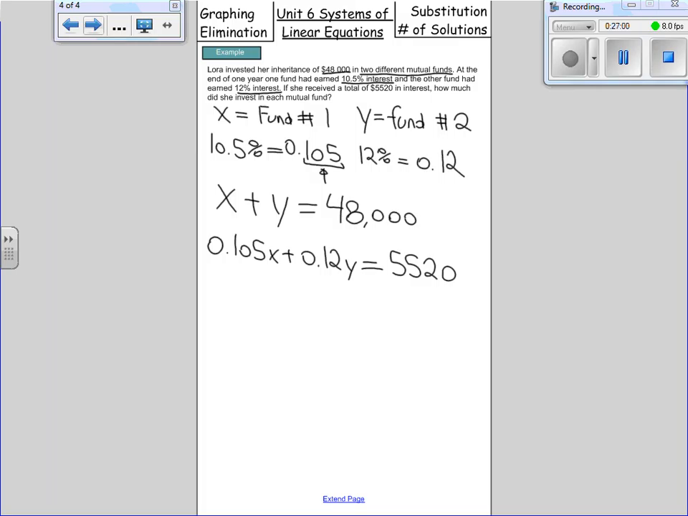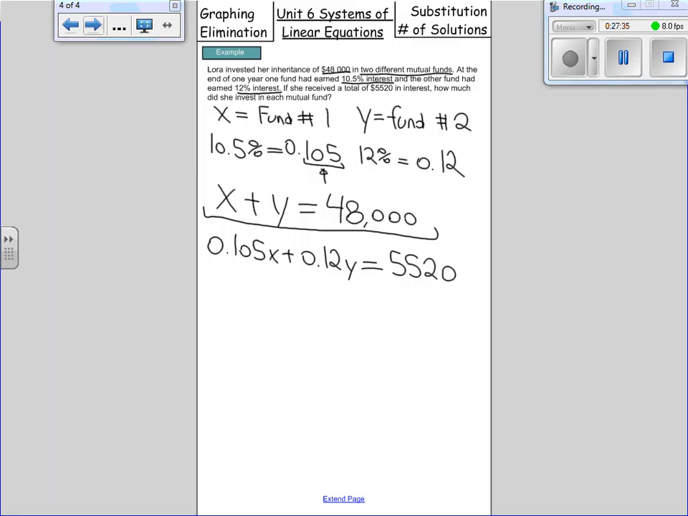Elimination? Okay, so he wants to do elimination. How are we going to do elimination with this mess of a question? Yep. So which one do you want to get the same? You want to get the x's the same? So what do we have to multiply this top one by? 0.105. So multiply everything in this equation by 0.105. And you will get